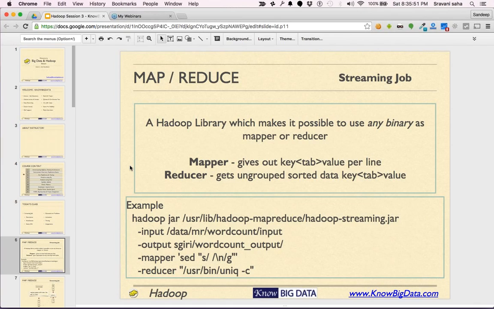As a matter of fact, when I was writing my recommendation engine, the first phase of cleaning the data, all of that I had written using streaming. I wrote it in Python using streaming, and even though I was fairly new to Python, I found it far easier to write in Python and run it through Hadoop streaming rather than writing in Java and getting it executed like a proper MapReduce jar.